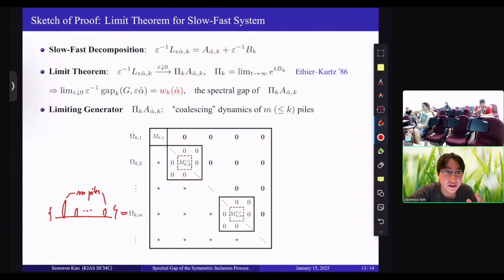And this dynamics moves the pile with a simple weighted random walk. But if they have a chance to collide, then they just collide and merge, and then they make a bigger pile. So in this region where m is at least 2, this is transient. At some moment, the two piles will coalesce and become a merged pile, such that they cannot come back. So m cannot increase,